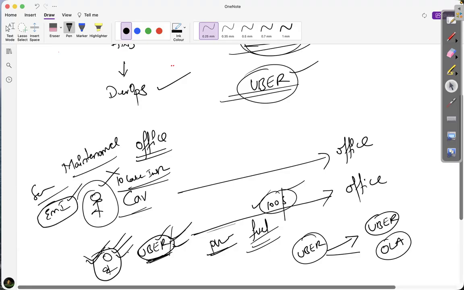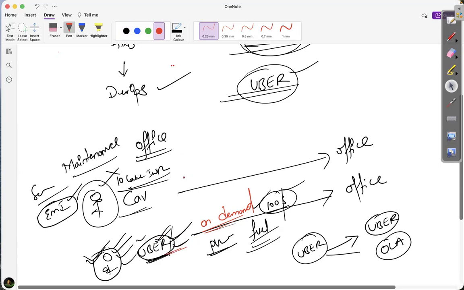But here, my friend, whenever he wants to visit the office, then only he will book the car and he will pay the money. Let's say tomorrow he's not going to office, he's not going anywhere, then will he book the cab? No, if he's not using it, he's not going to book. Here it is on demand, means whenever you have a need, then only you will request and they will deliver the service.